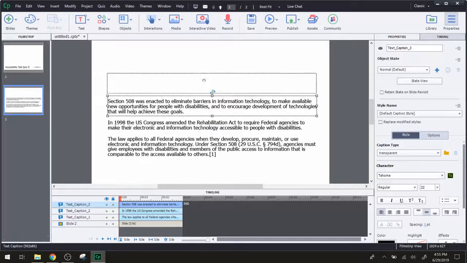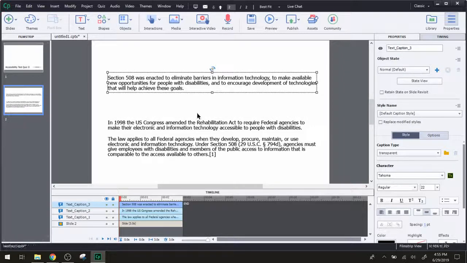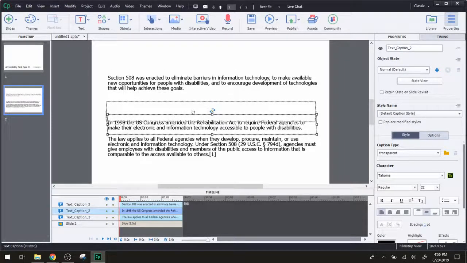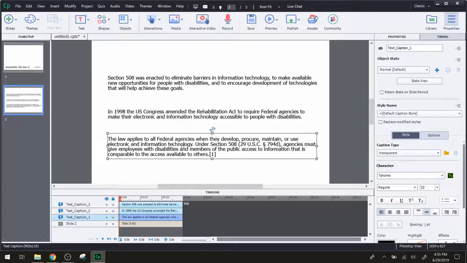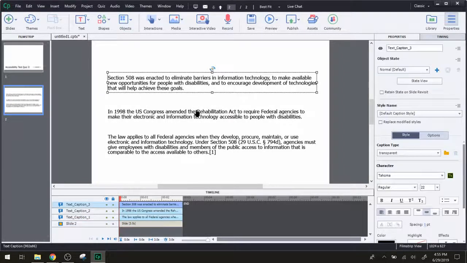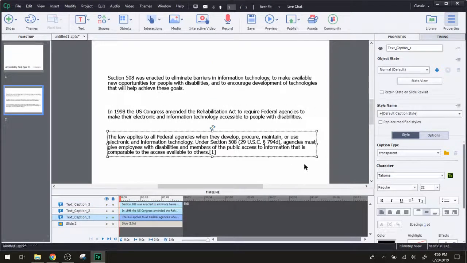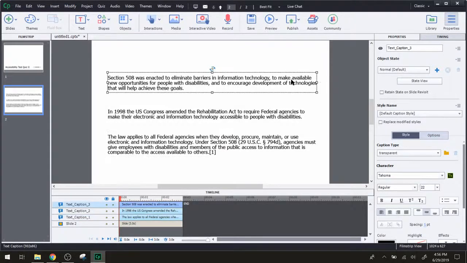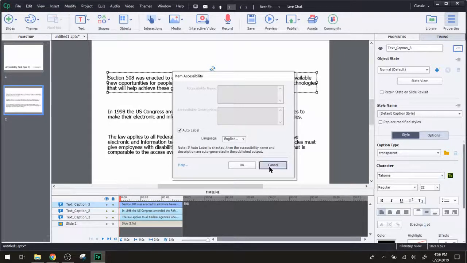Okay, so I've got like 3 text blocks here. And I believe that they're going to get read and that JAWS is going to call them graphics. We might not be able to get around it, but I think that having them in these separate containers is going to help us with some stuff. So we've got some names of these things. For this accessibility here,